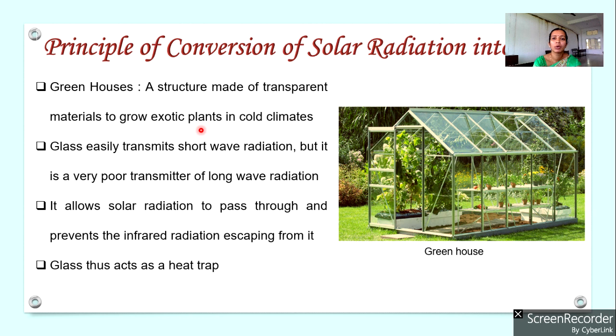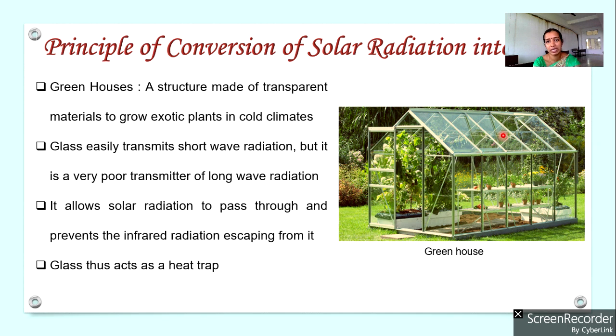Plants which are brought into a particular country from other countries. So that means these plants may not be able to grow in our climate. It needs a certain favorable condition for its growth. So if we are considering countries with cold climate, there may be some plants that require a particular amount of temperature for their growth. In those cases, those plants will be placed in a greenhouse which is made up